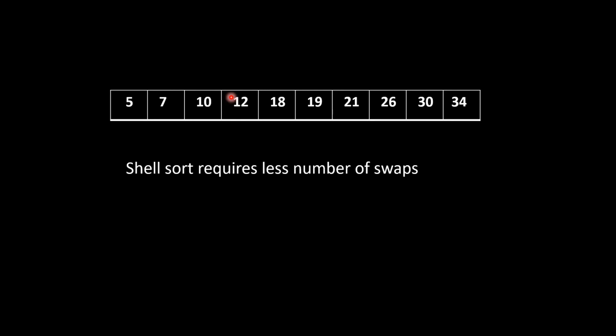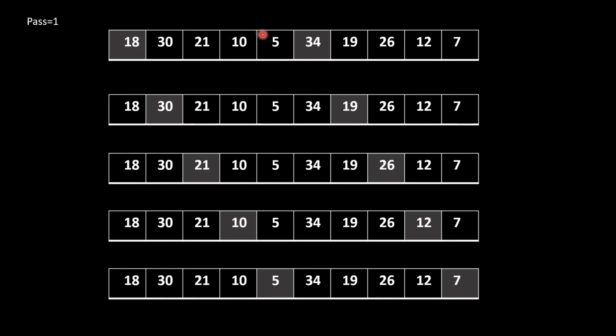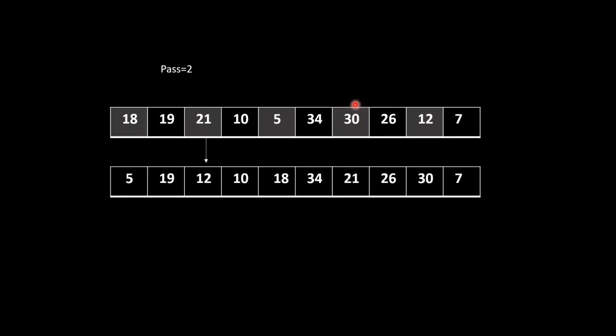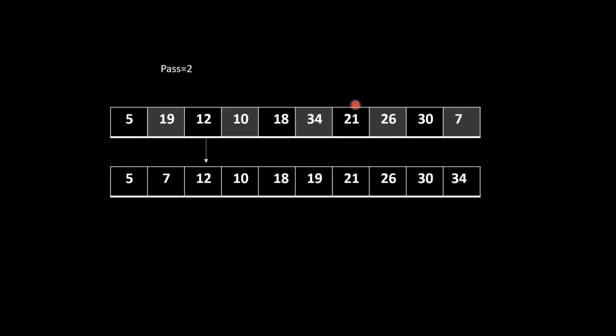When the subarray has fewer elements, initially the subarray had 18, 34, 30, 19, there were fewer comparisons and fewer swappings, so the time complexity was less. When the array has more elements, like 19, 10, 34, 26, 7, the array was more sorted, so it required less time.